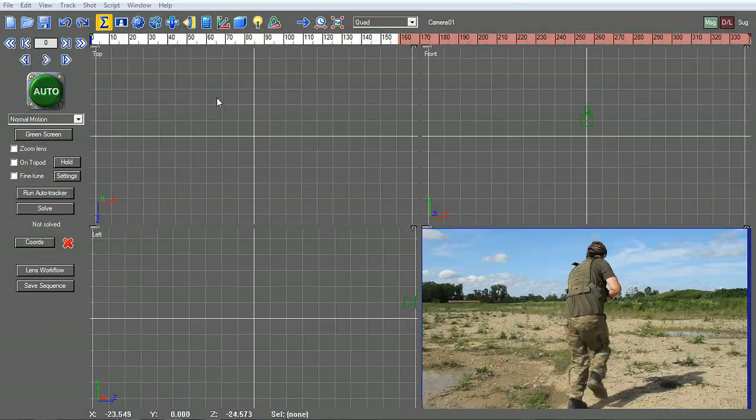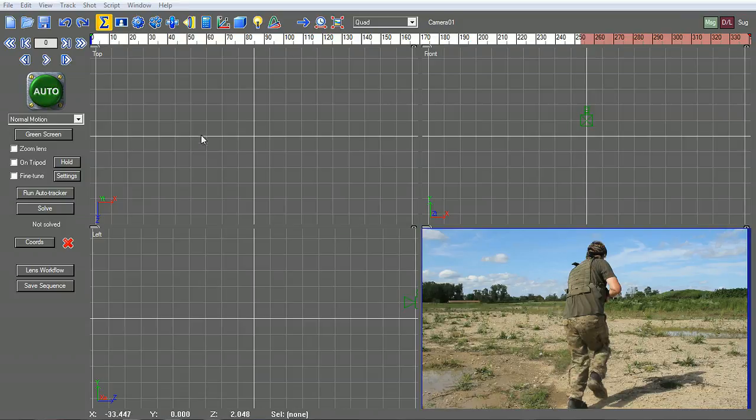Okay, for shot number 2, we're going to go ahead and do a combination of supervised tracks and automatic tracks. Since this is a pretty steady scene and SynthEyes can handle it, I'm going to basically put some masks together and then do some supervised tracks just to show you, just in case you have to do your own supervised tracks because for some reason maybe the automatic tracking won't work. And then we'll finish off the scene with some automatic tracks since this scene is smooth enough to have